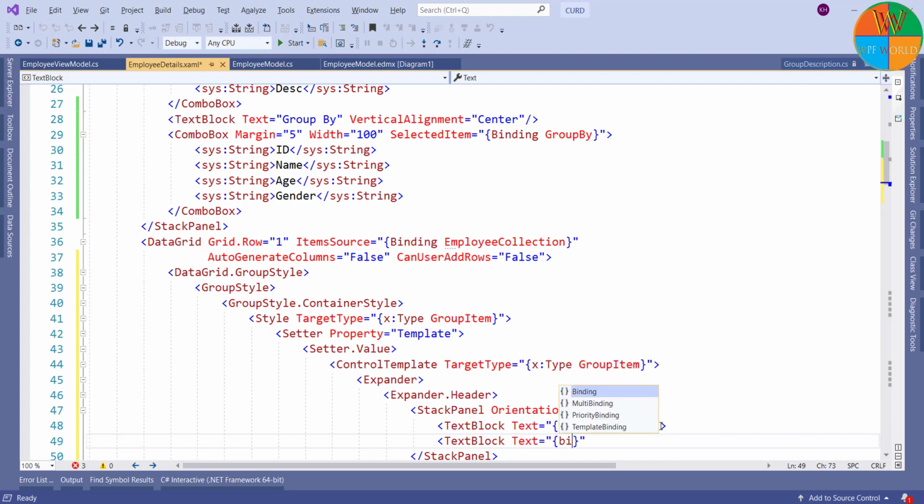To show the count, we need to add the ItemCount value to the text block text.